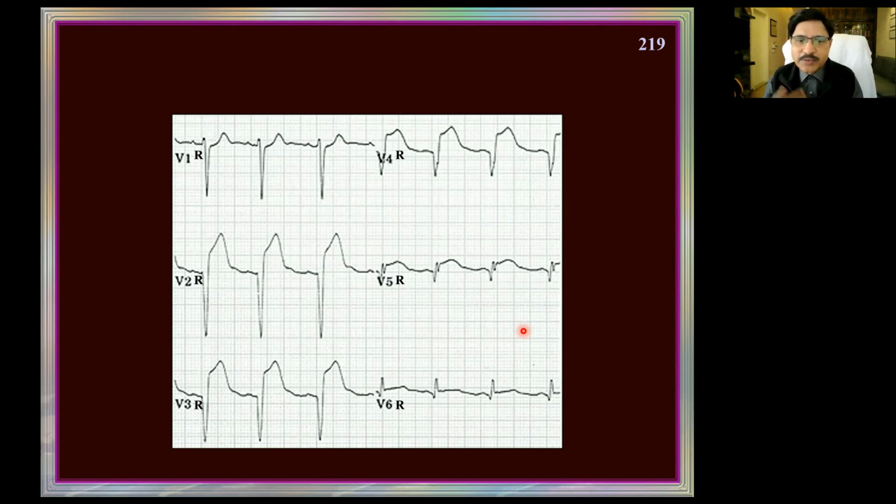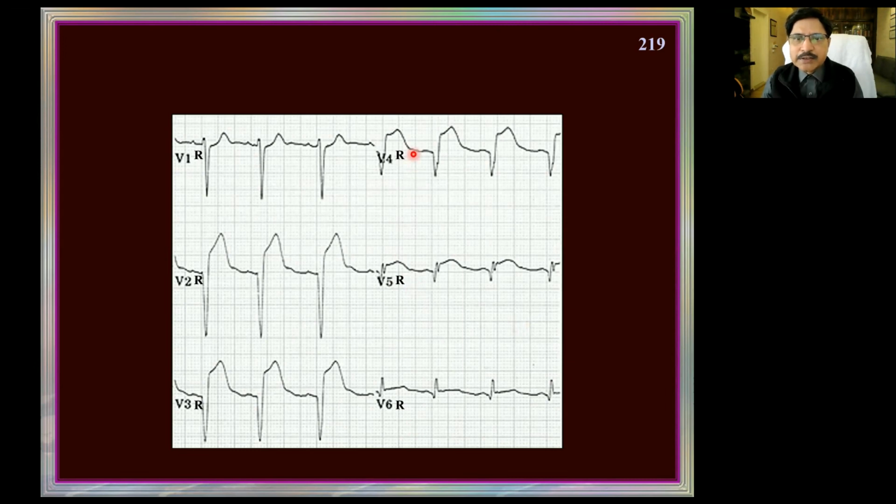Since it is a referred case, we haven't examined the patient first. Referred cases we don't normally clinically examine. But when the ECG was like that, we examined and we could see the apical impulse on the right side. And this is an infarct with dextrocardia. Always look for this marking there.